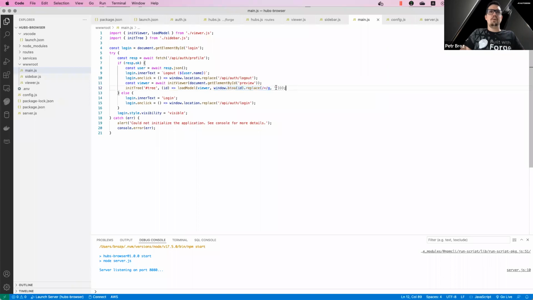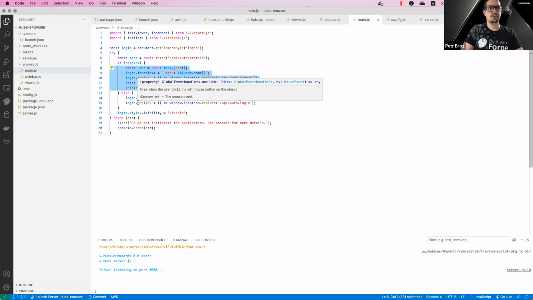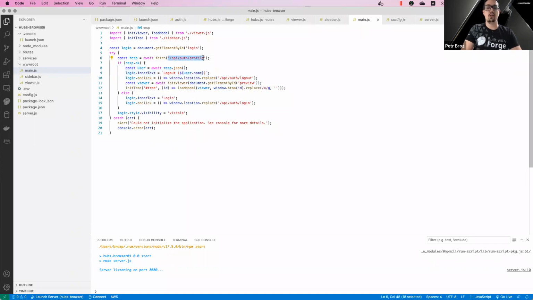This all will happen if the user is already logged in, if our server was able to find some tokens in the cookies. If that's not the case, if the request to /api/auth/profile fails, that means that our user is not logged in yet. In that case, we change the text of the login button to login, and we change its on-click event handler to, instead of calling api auth logout, change the URL of our current browser tab to